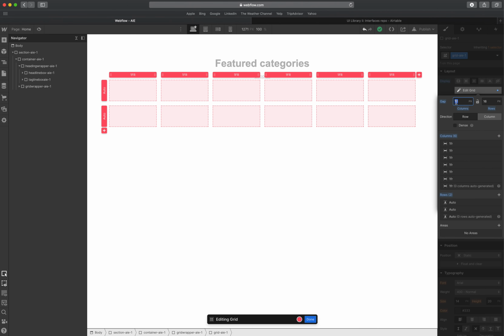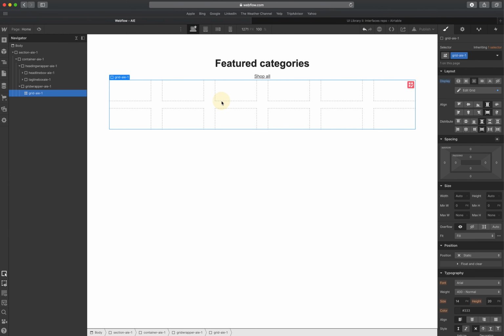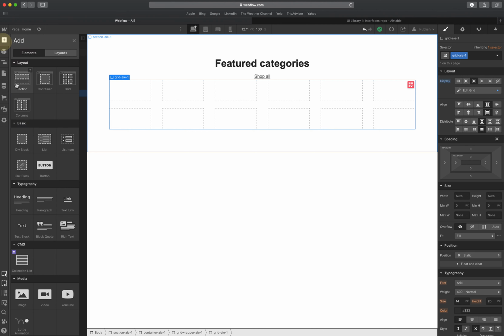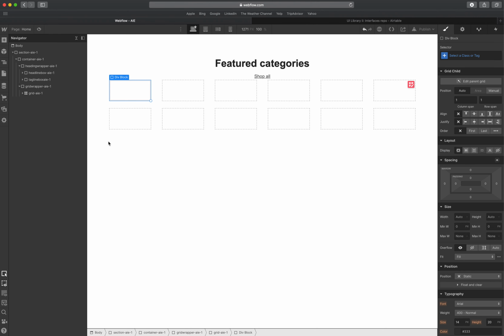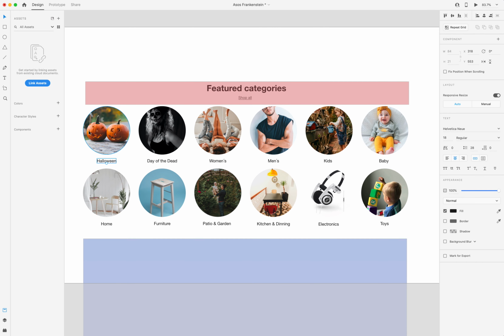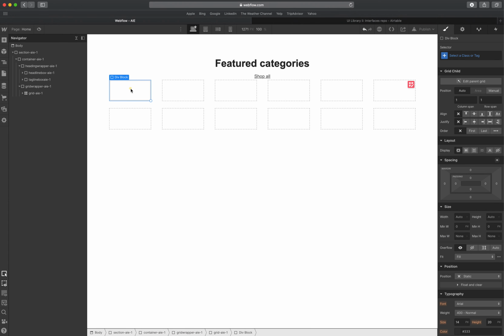So the gap that I'm going to add on columns will be 14 in here, and it will be 25 in here for rows. That being done, I'm going to proceed to add a div block for an element inside of this grid. Now I'm going to call this a grid item